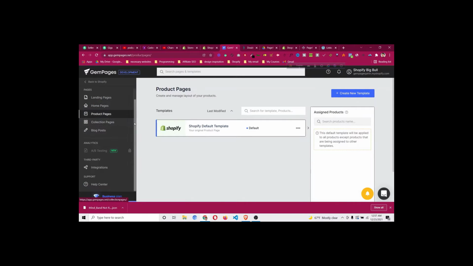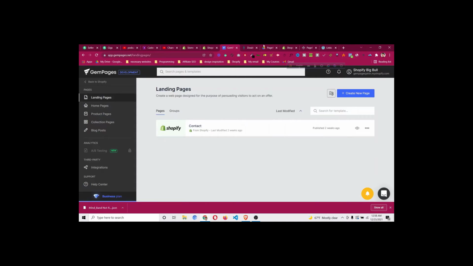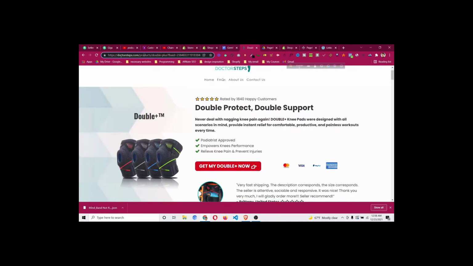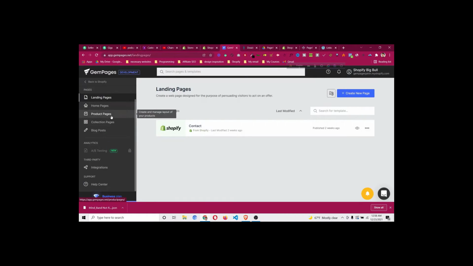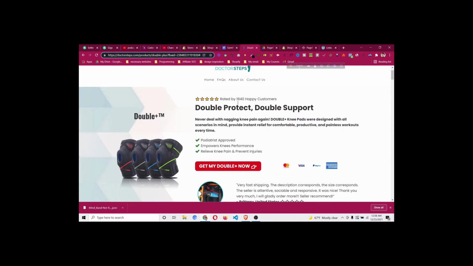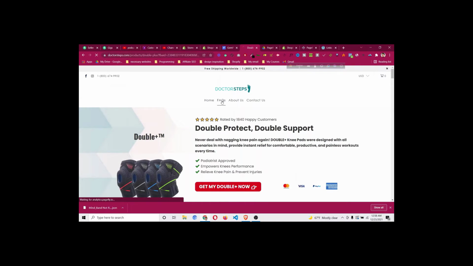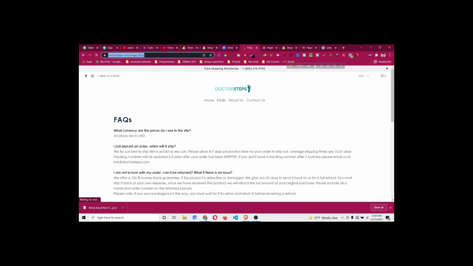Everything is self-explanatory. If you look at any website, you can see in the URL there is a /products, right? So products means the product pages. Anything that you want to replace from your default Shopify theme product pages, you will need to design in the product pages of GemPages to replace it with your own design. And if you want, you can do a similar design in the landing pages. Landing pages also have this type of URL,